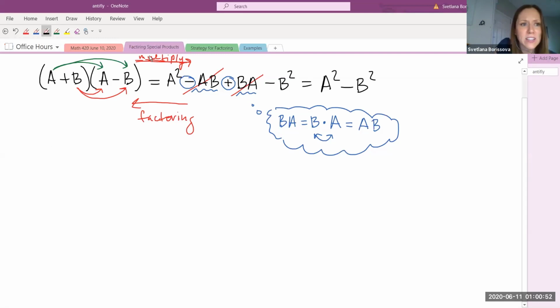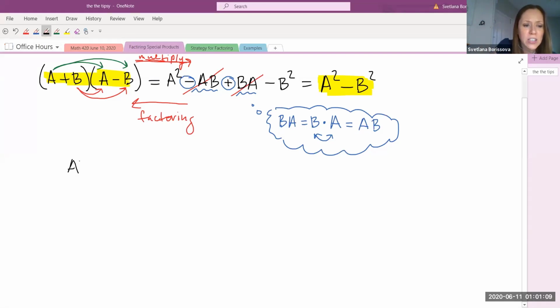For factoring, we're going to start on the right-hand side. That's where we start to factor. We start on the right, and we end up with what's on the left. And that actually creates a formula. That's why we call it special products. So whenever we have, I'm going to write it one more time,